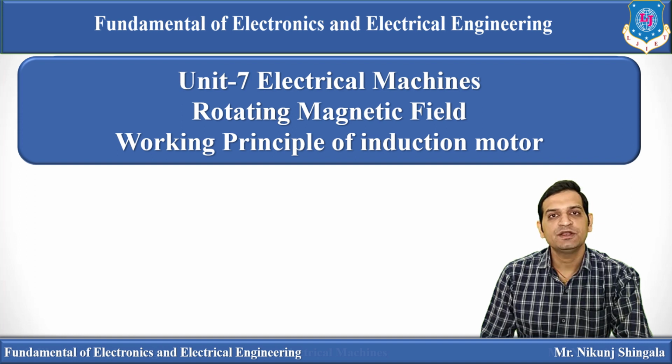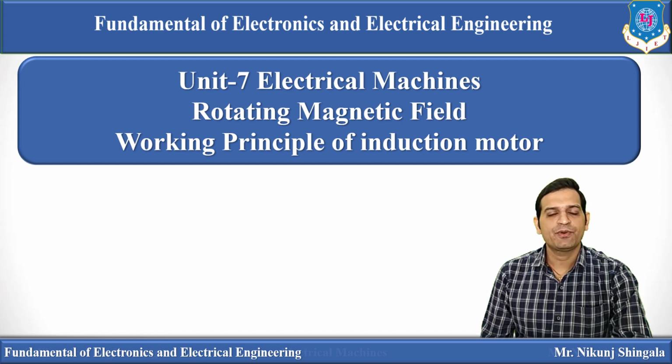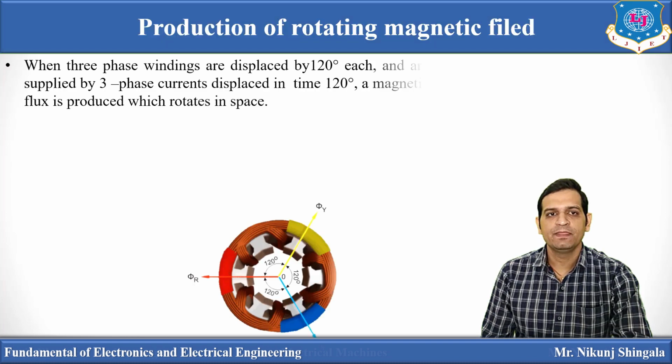Now you know, the stator consists of three-phase windings which are connected to the three-phase supply. Windings may be star or delta connected. So when the stator winding is connected to the three-phase supply, a magnetic field will be produced in each phase, and because of three-phase, the magnetic field produced will be rotating. That I am going to discuss in this video lecture, and after that, how the rotor actually rotates, that is the working principle of the induction motor. So let us start with the production of rotating magnetic field.